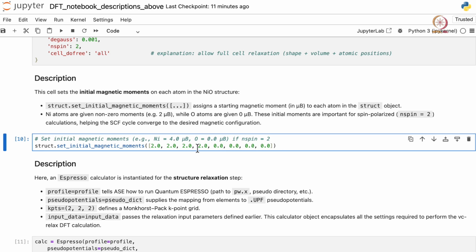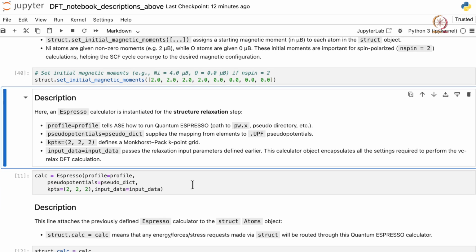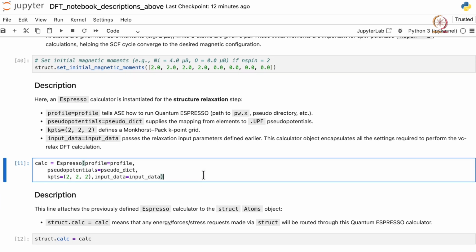Here in this cell, an Espresso calculator is instantiated for a structure relaxation step, and this profile tells ASE to run Quantum Espresso, with the path to pw.x, pseudo directory, etc. The pseudo potentials we have used can be seen here, and for k points we have 2 cross 2 cross 2, and the input data we defined earlier.